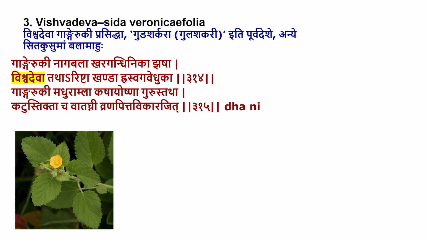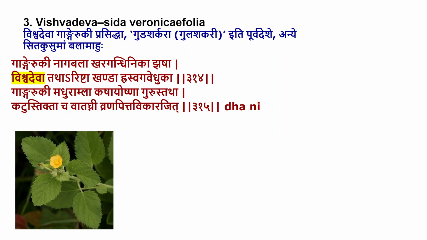The third is the Vishwadeva, the Sida Veronicopolia. And Vishwadeva, according to Dhalana, is a Gangeriki, Gudashakkara, iti Purva Deshe. In eastern countries, it's named as Gudashakkara or Gulshakari. Anyata Sikapsumam Balamahu, even